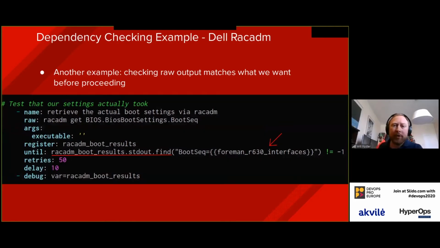Cool. One more example of dependency checking. This is yanked from another playbook. We've got a ridiculous amount of servers for a very small amount of people, like we stated. Some of these are Dells. And this is ripped from an old Ansible playbook that we used to call the racadm command to do boot order changes within the BIOS of Dell systems. We've since written a tool to do that for us that uses the Redfish API,